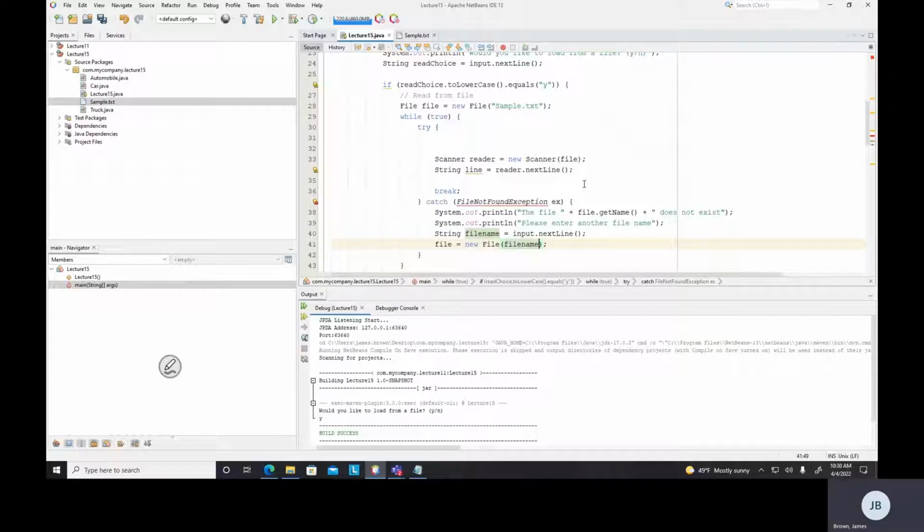Another System.out.print asking if you could enter another file name. Yep, String fileName. That's the same. We're reading a file name from the console, a new file name, the other file that the user is going to enter. And then for my file object, I'm setting it equal to a new object, right? I'm setting the file variable to a new file object using that new file name that the user just